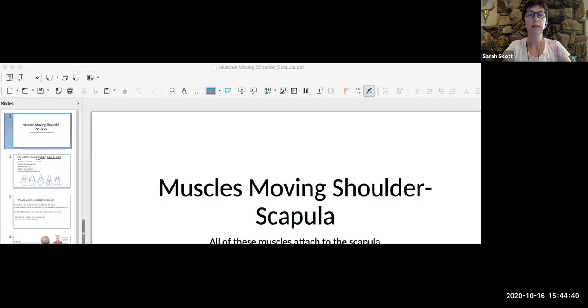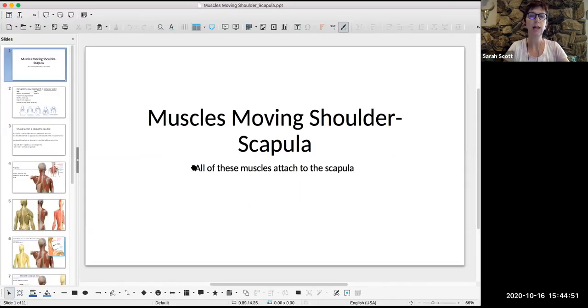The next thing that I would like to share with you are the muscles that move the scapula. Okay, so this doesn't follow in order with the list that we have, but it does go over all of the muscles. And I like the way that this is broken up because it allows us to focus on what are these muscles actually going to move? Is it the humerus? Is it the scapula, etc.?